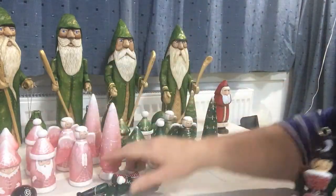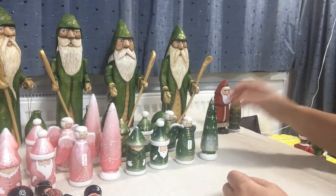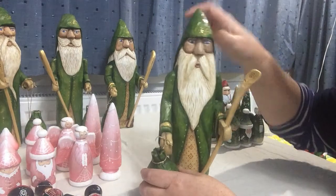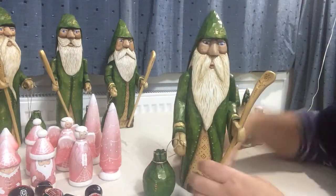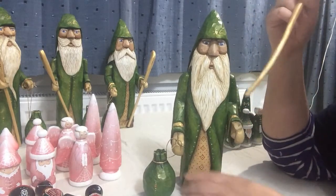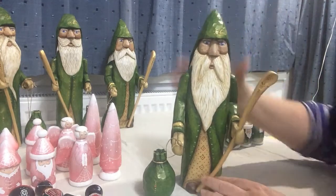Okay, so you've seen those. And now for these guys. Let me move these out the way. Remember showing you these? I don't remember if I did in another video. I'll have to check. But they're done. These are the Celtic Santas, and their staves come out of their hands. And I did this